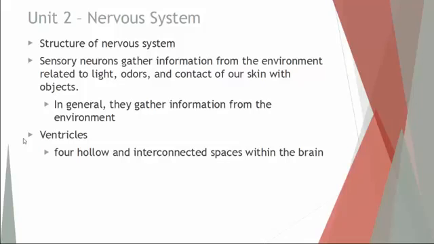Another key part of the brain itself are the ventricles. Ventricles are not only found in the heart, they're also found in the brain. These are four hollow and interconnected chambers within the brain. These are filled with cerebrospinal fluid. This is where the cerebrospinal fluid is actually made. And a function of the cerebrospinal fluid is to help nourish and to cushion both the spinal cord and the brain. It's basically a big pillow of water that surrounds the cord and the brain itself to protect it from physical trauma.